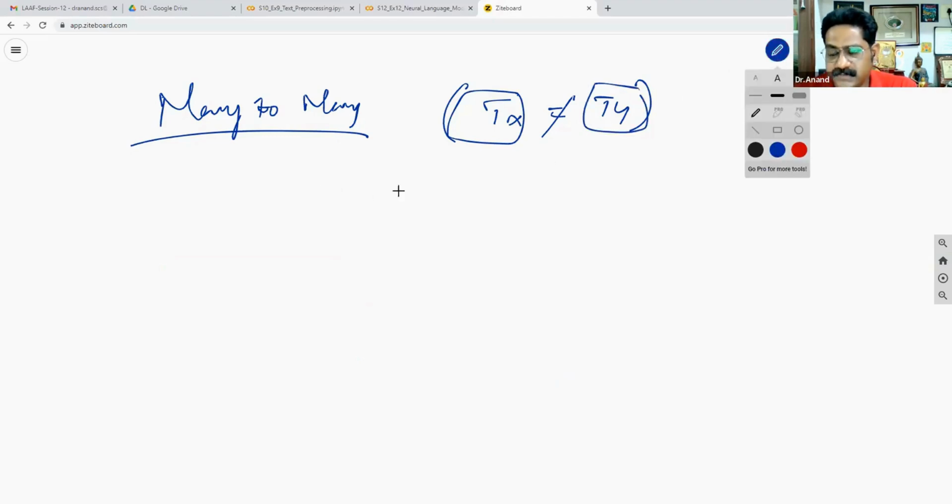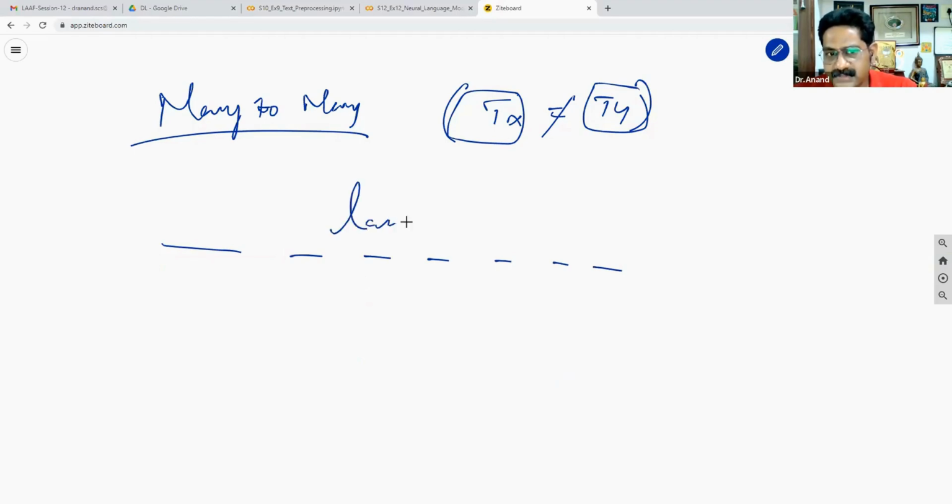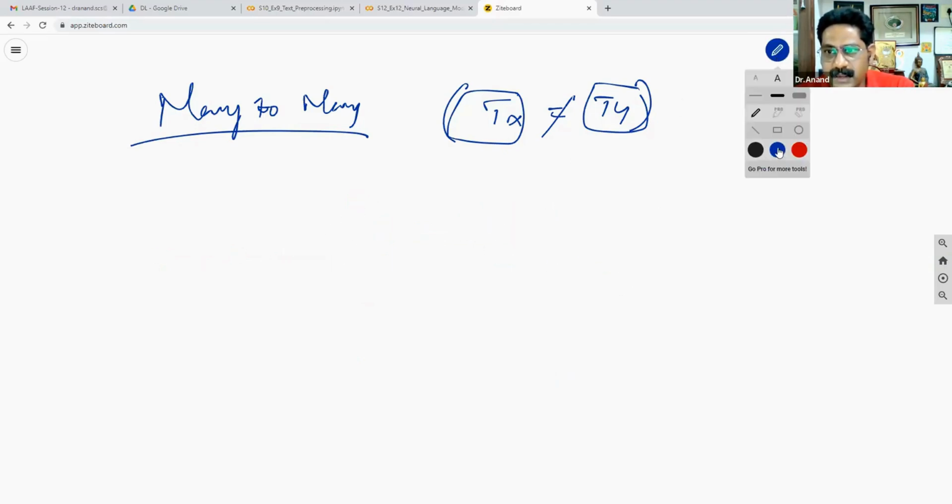Your earlier representation was called a language model. You are training your LSTM to understand the sequence of English. What we call a common name for that is a language model. Any language model, you can train on your email text sequences, or you can train your model to understand